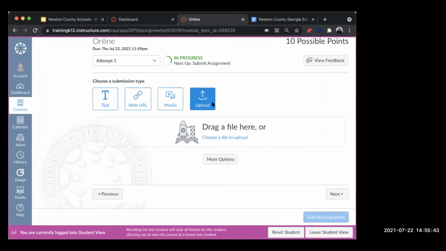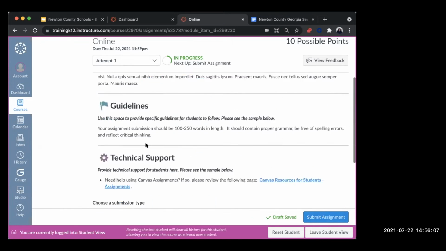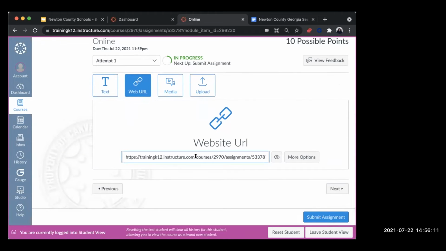And the last one I had was the upload a document, which they can drag and drop or choose a file from here and navigate to their desktop, downloads or documents and so on. Let me give you an example. So for this one, as soon as I have something in here, Canvas will save and allow them to actually submit. Let's say they're not using this tool. If they do the URL, as long as there is something in here, a valid URL,